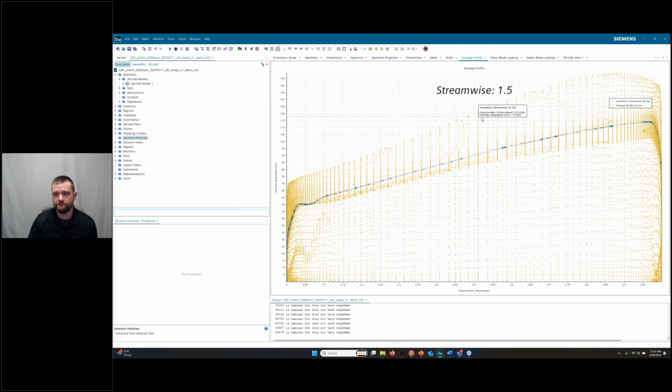Some other really nice post-processing features that are tied automatically into this template are this velocity profile view, where we can see all of the velocity instances at a streamwise location, and also an average of those at that location to view the average velocity profile, and this is all automatically done with this template.